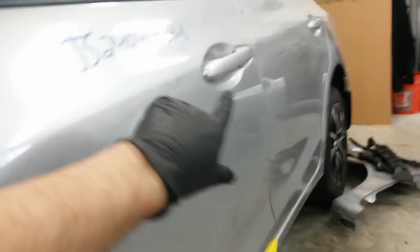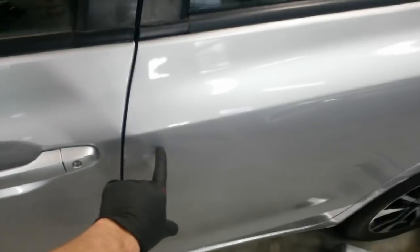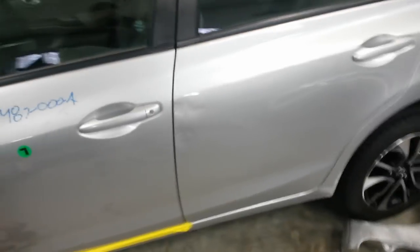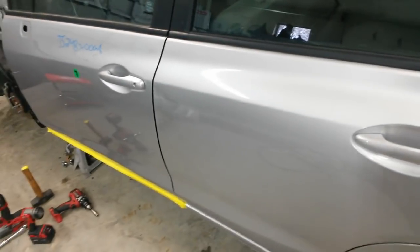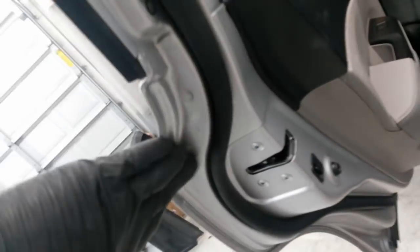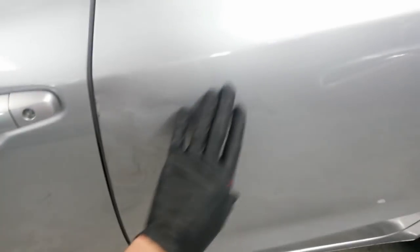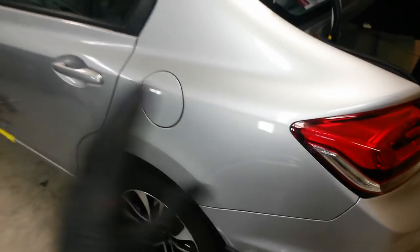So I think I can build up the primer enough right there. When I fix this, the insurance is only paying to fix this door because they want me to fix it and then blend the color back, which really is, now that I'm thinking about it, really the better way to do it. Even though I'd rather skin the door. The skinning the door will create having to paint in here up to the seal and taking the door off. So if I just fix it, try to minimize where I keep the primer right in here, I've got enough room to blend it back, and that'll keep me from having to blend into the quarter or paint the whole